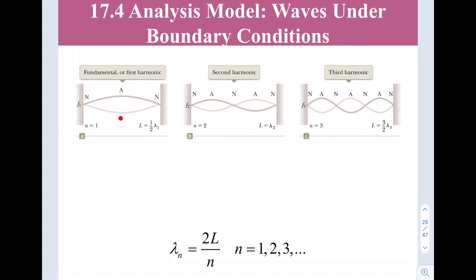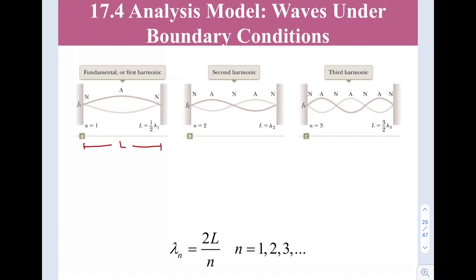for the most basic, or fundamental, order of 1. This is the shape, and the length of it is half of a wavelength. So L is equivalent to half of lambda 1, because this is n equals 1, the first order. For the second pattern, or second harmonic, we have two loops representing the standing wave, and then the order is n equals 2, and here lambda is equivalent to L. All the time, L is fixed from this point to this point,